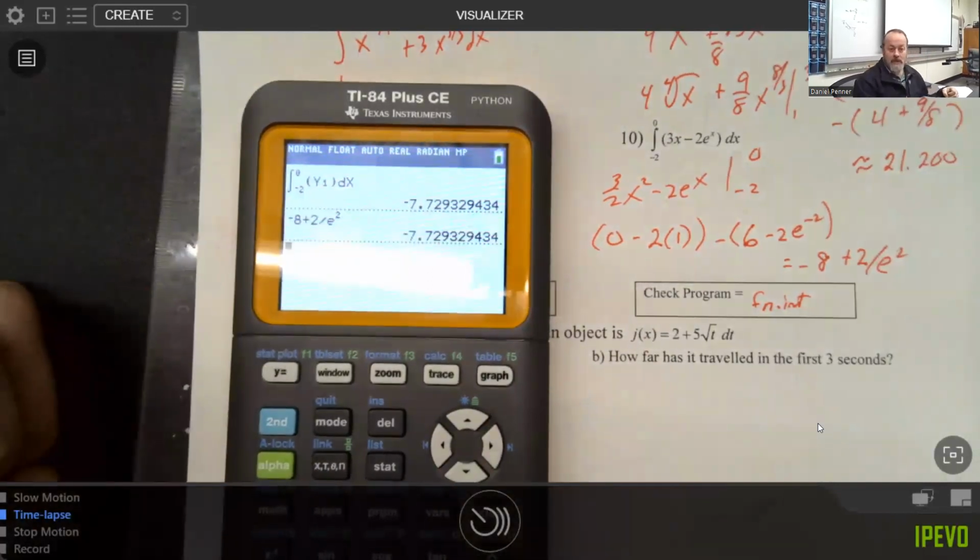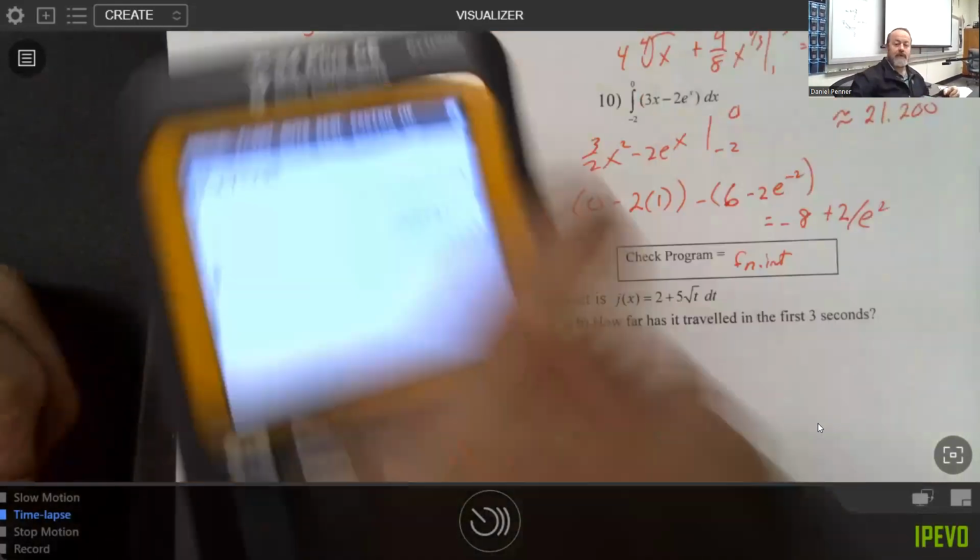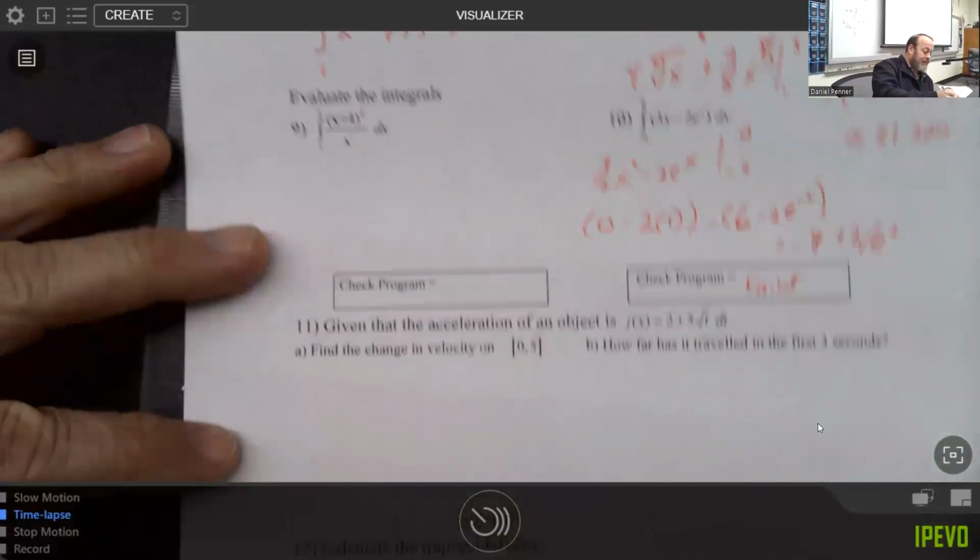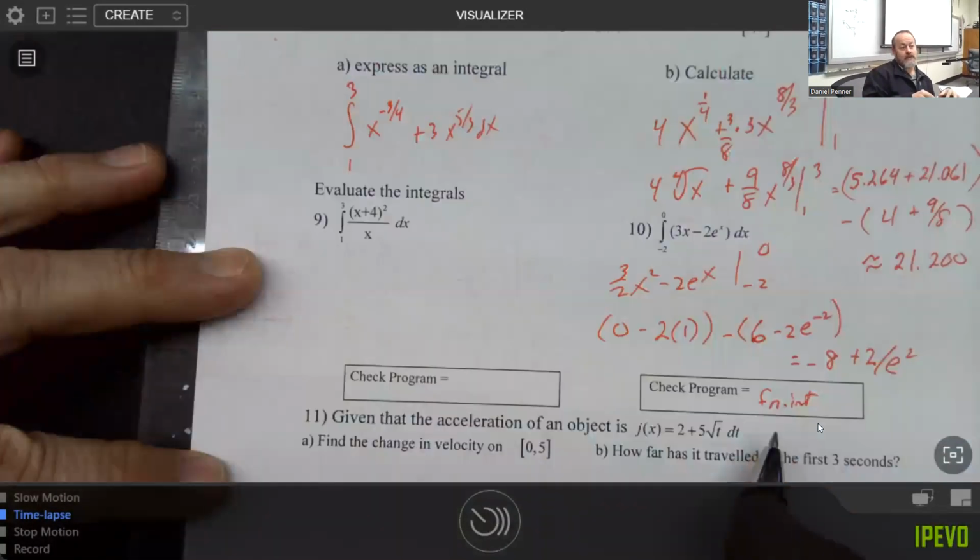And it looks like we did perfectly. So I'm very, very confident in that answer and can move on. Now, number 9 is actually not a difficult question at all, but it's one that sometimes people just get